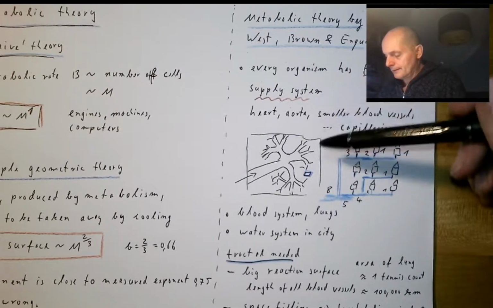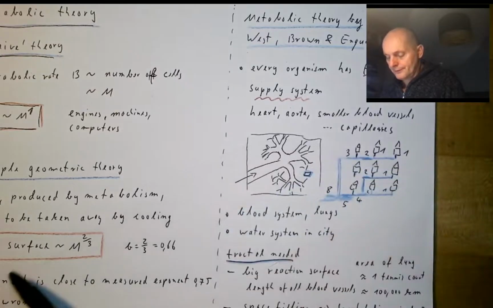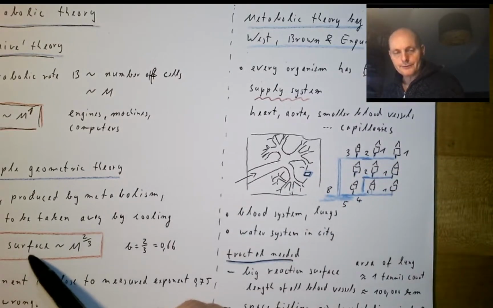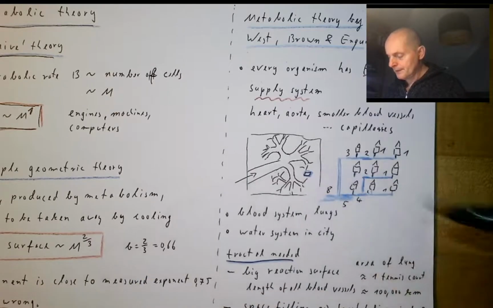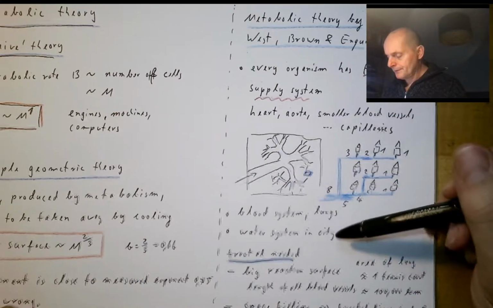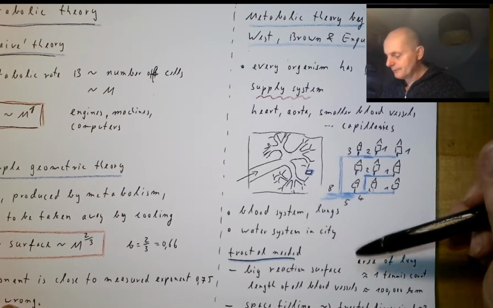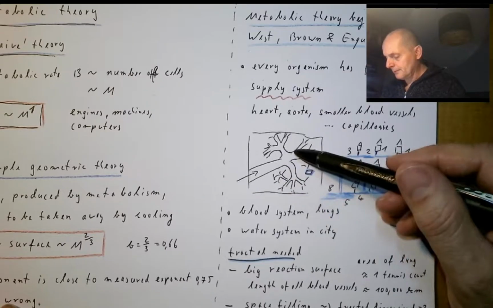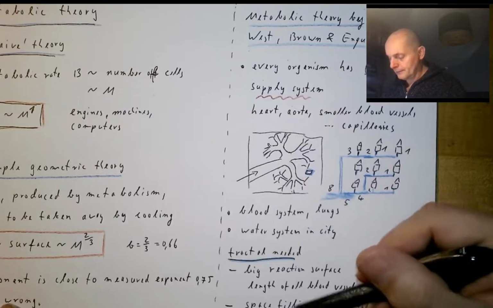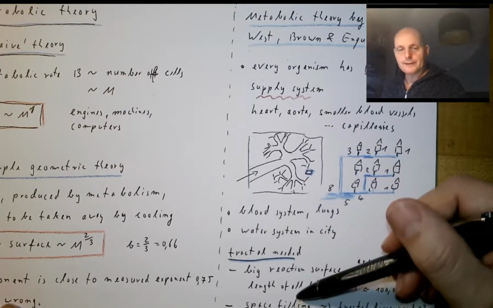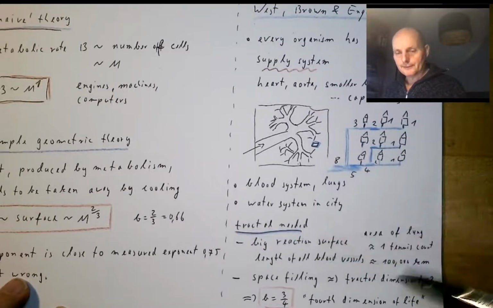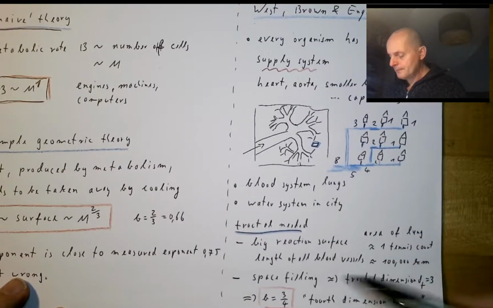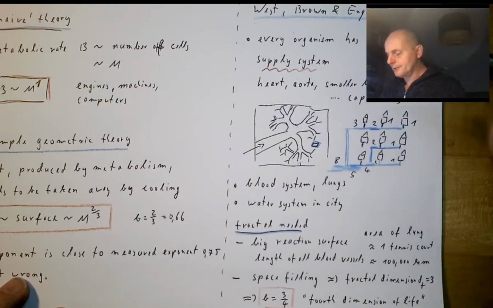Enquist that they said, the important surface is not the outer surface of an organism, which would lead to this scaling here, but in fact we need the effective surface of all membranes of the system, where we have a fractal supply network which has then a huge fractal dimension, and so basically we could, if this is a space filling fractal, we would get a fractal dimension of the surface equal to 3, and maybe this could lead to this exponent 3/4. But in order to see if this really holds, we need to work it through and calculate